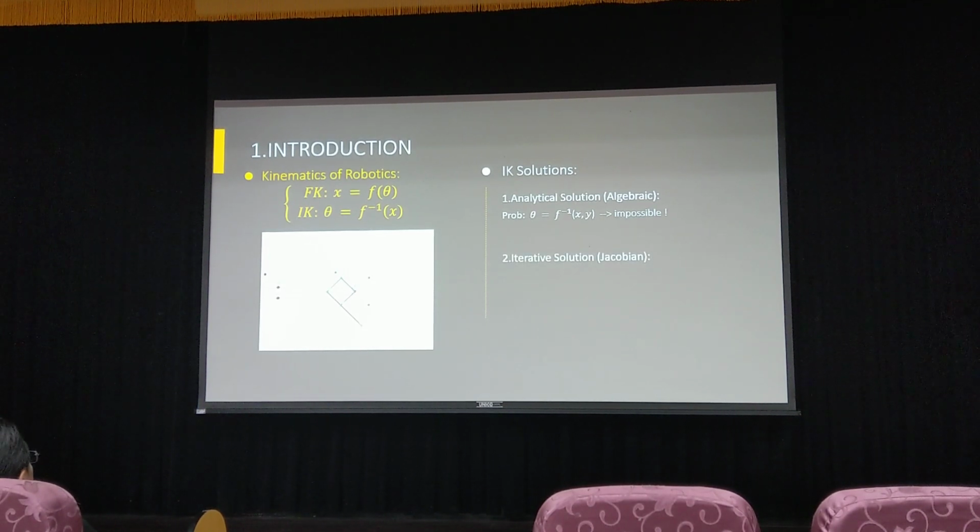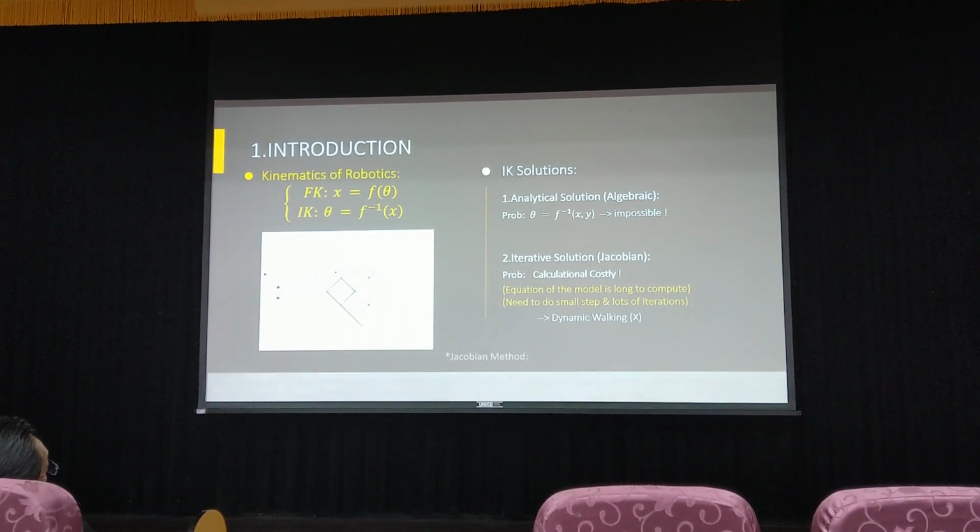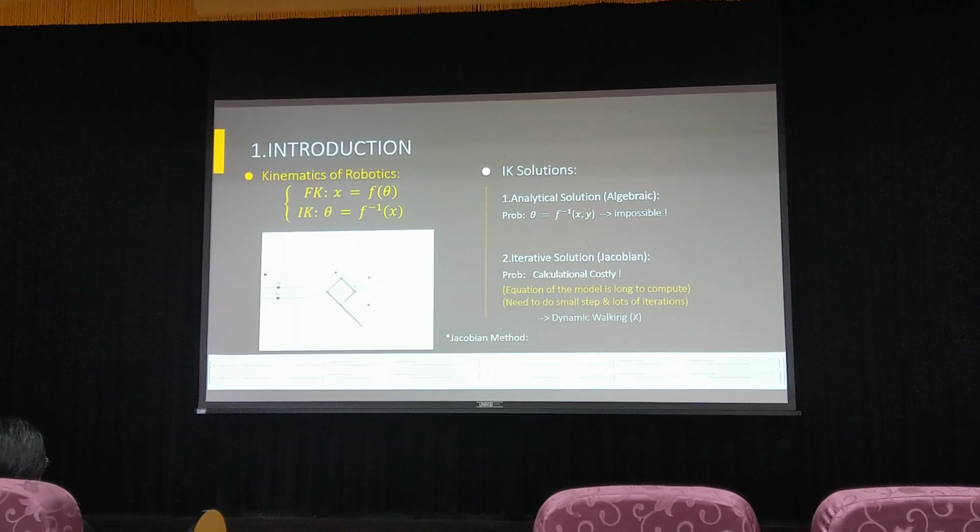And the second way is the numerical solution, which is the Jacobian method. The problem of this method is that it is computationally costly. I can show here what the Jacobian equation looks like. Actually, it's quite huge. So the problem of this costly calculation is that you will slow down the calculation, which means you will have more delay while trying to balance, and it's not good for dynamic walking because maybe just 1 millisecond difference